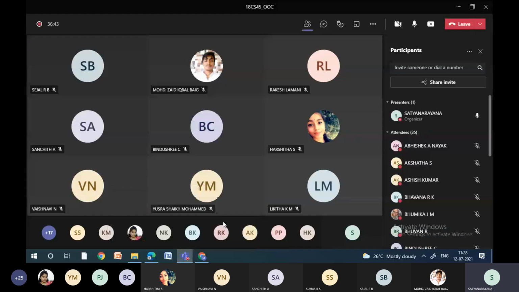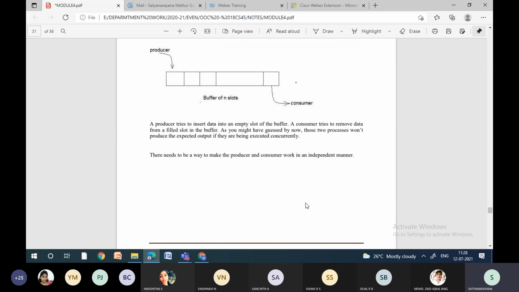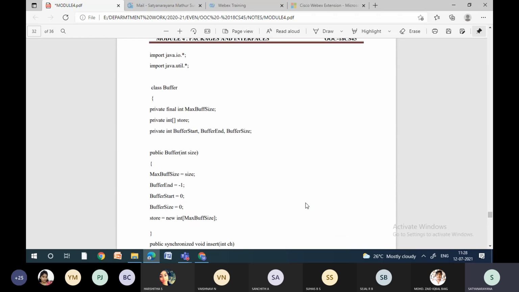Now hope you understand. In the producer consumer problem, the producer and consumer are dependent on each other. Until the producer produces and the buffer is full, the consumer will be waiting and then consume. There is no issue because both depend on each other. But in the bounded buffer problem, that is not the scenario. The producer keeps on producing, and the consumer keeps on consuming if the item is available. They work independently, with no relation between them. Then how to write the solution for this? Let us see the solution.